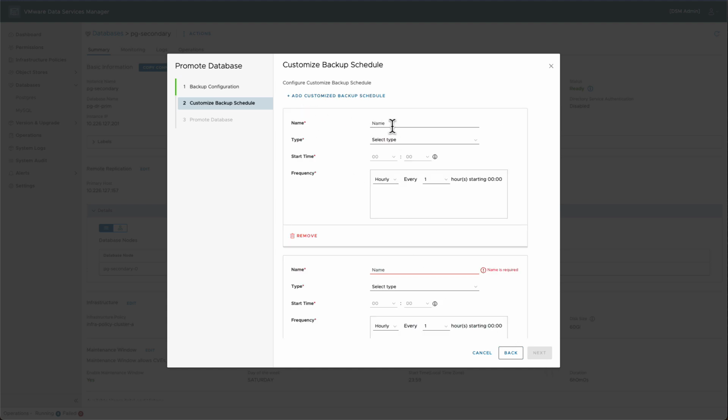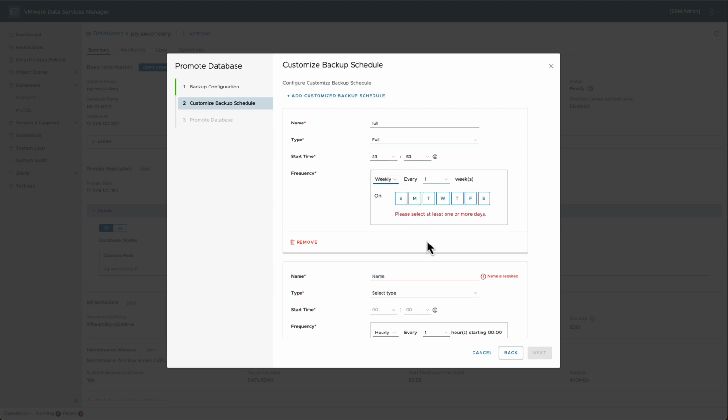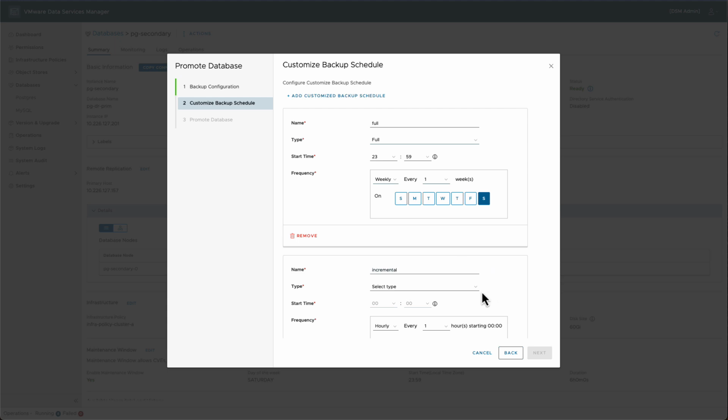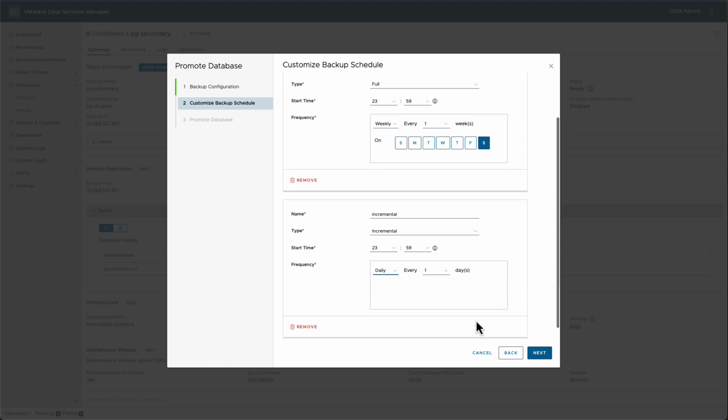So we typically would have a full backup that's weekly. You can set the weekly there. And then we would typically have, once we've selected the date or the day of the backup, you would also have an incremental that's done daily. So with all of that in place,